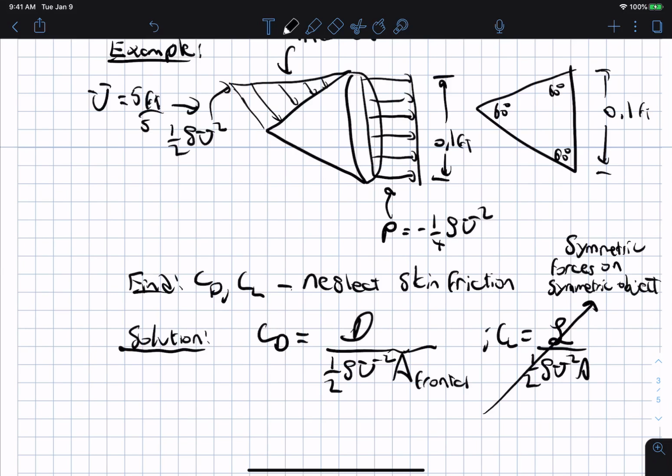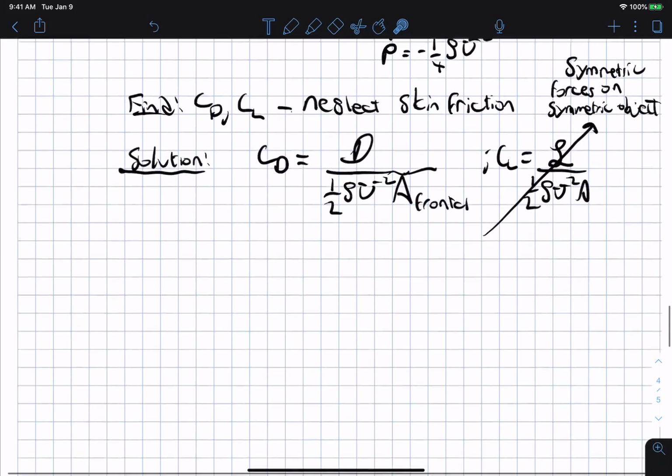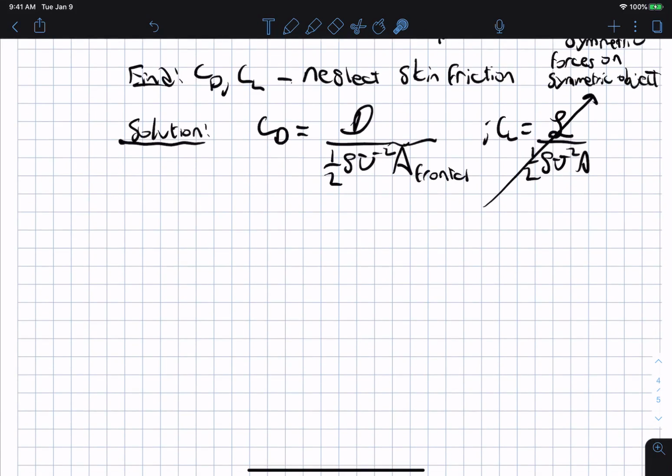Okay, if for some reason we had a pressure distribution where the pressure was higher on the bottom part of the cone, then there would be a net lift force either up or down. So just be careful of that. Then in this case, to find the drag force, we just need to walk around the entire surface and integrate the pressure forces. Okay, and so drag equals the integral